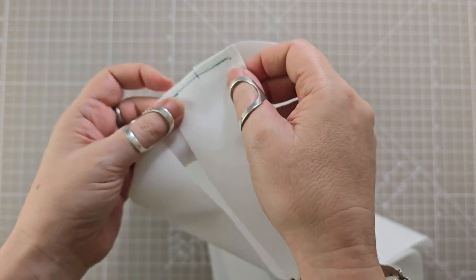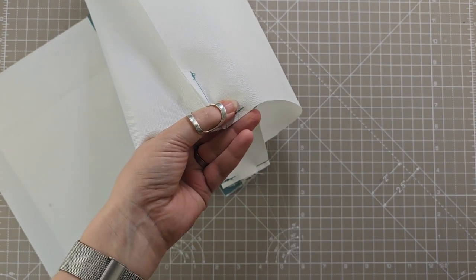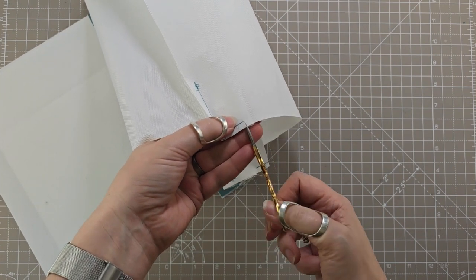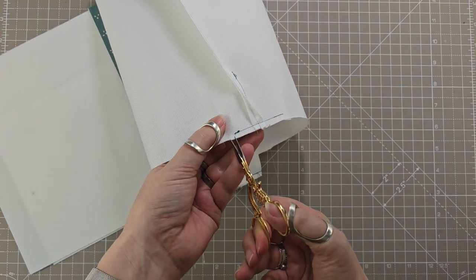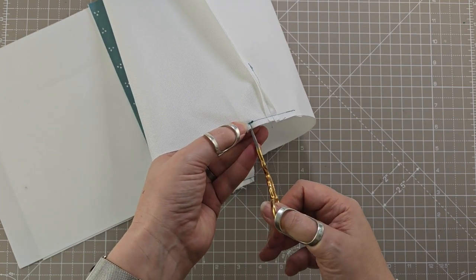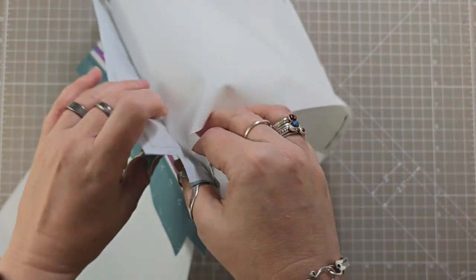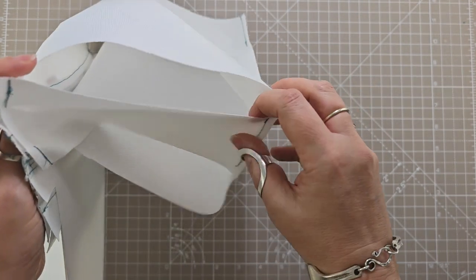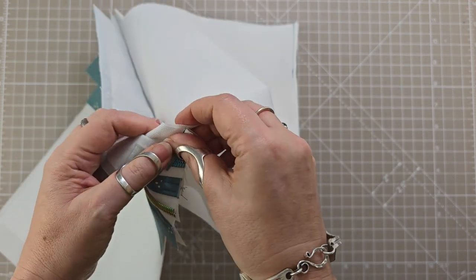And what we need to do next is flip this over and cut down just into the seam allowance on the main long piece, just to above the stitching there. That's going to make it easier for us to pull and turn. So we do the same on both ends of the stitching. There we go. And now what we're going to do is this corner here where we've cut, and of course this corner here where we've just stitched, are going to form the corners of our